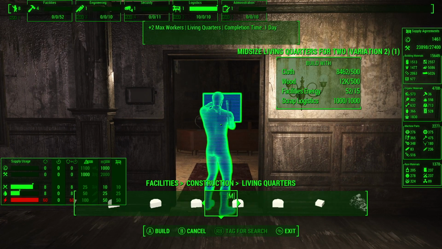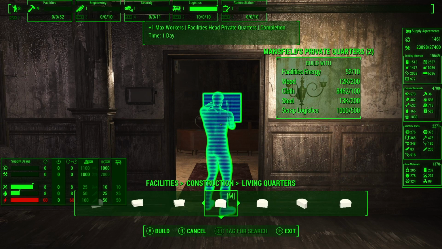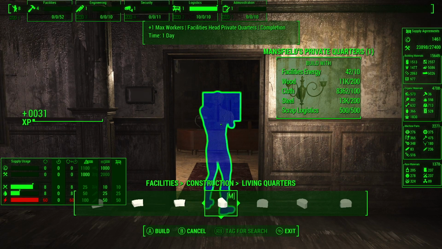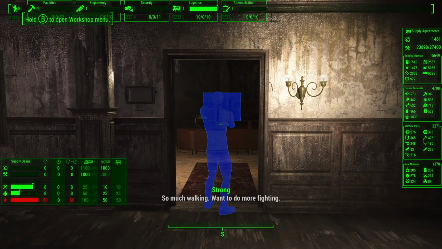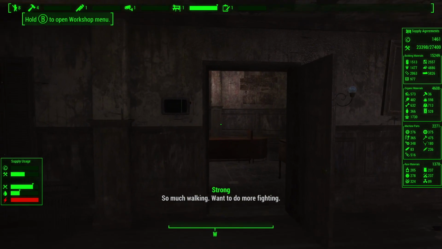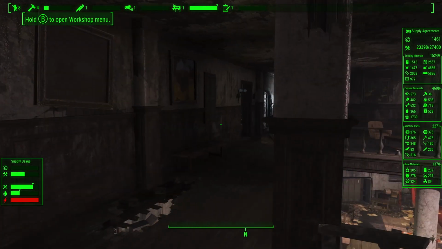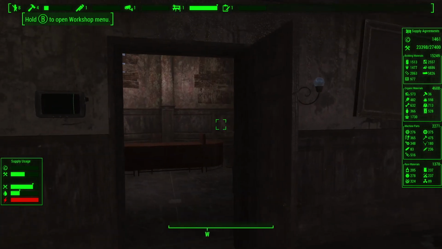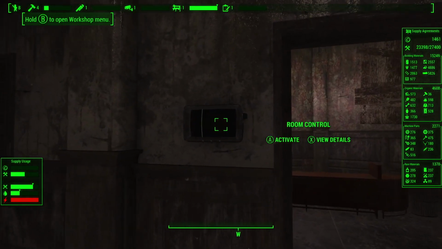And that, let's see, I went too fast. There we go. Mansfield's private quarters. So much walking. And while that's going, we'll come over here. One of these 2 rooms we can actually switch to be security head private quarters. I'm going to try this one first. And to change the room purpose,